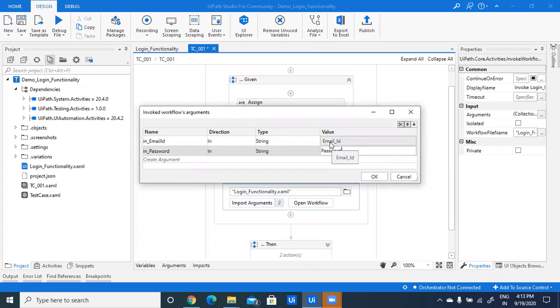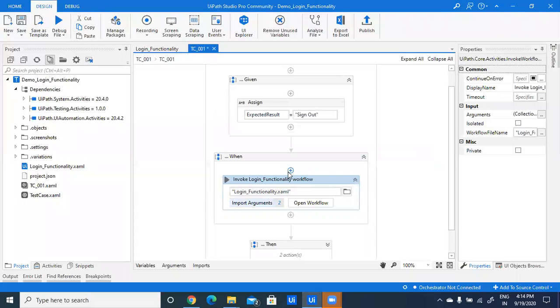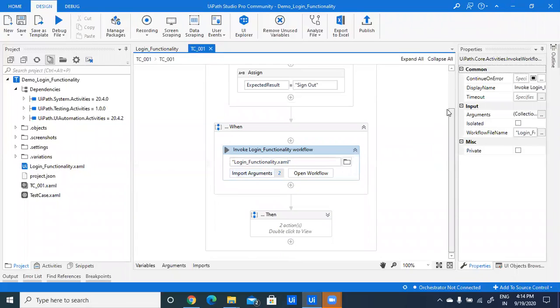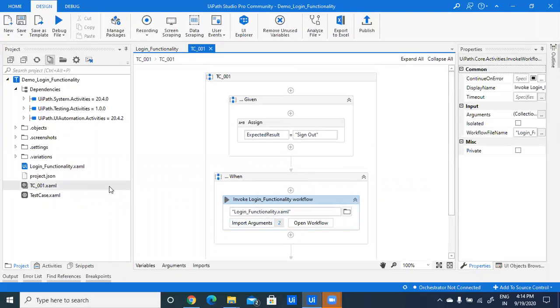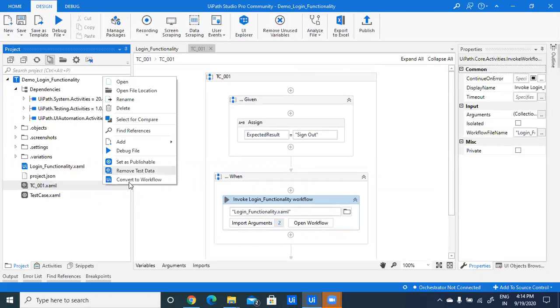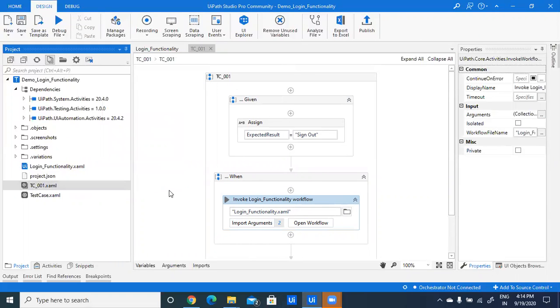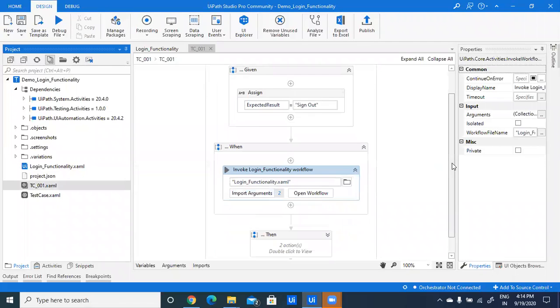So in this value, email ID and password, it is storing the Excel value, and that value we are sending to the in email ID argument, and this in email ID argument we are sending to the email and password text field. Then click on OK. So now it is very simple to read data from the Excel sheet by just adding our test data, by adding our Excel file and providing the arguments.